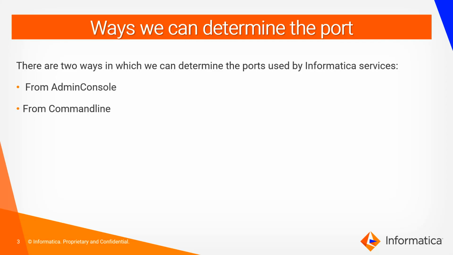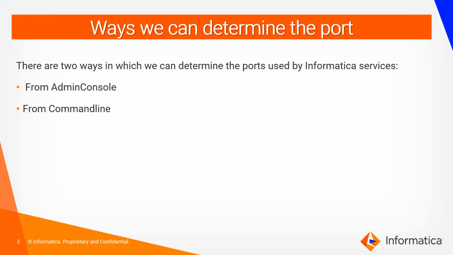So we have two ways to determine the ports, but before that we will see what ports actually are. A port number is very important when you want to connect to any of the processes or services running in a machine. Suppose there are many processes running in your machine, and you try to connect to your machine without the port, it will be confused about which service to actually connect to. So with the help of the port number, it becomes easy to see which process we actually want to connect to.